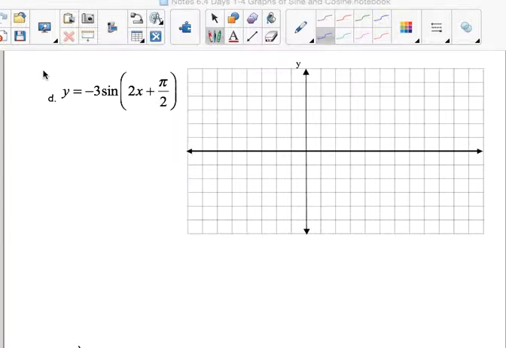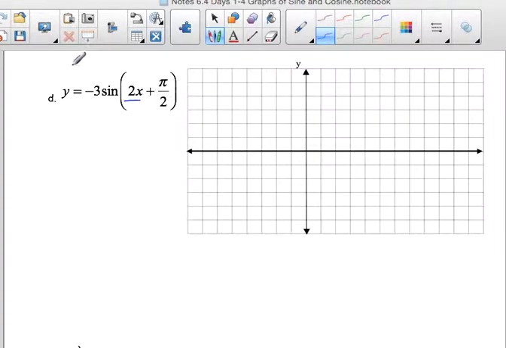Solution to example 8D from note 6.4, day 3. We're trying to graph a sine function with multiple transformations. I notice that we have both a horizontal dilation, because the coefficient in front of x is 2, and a